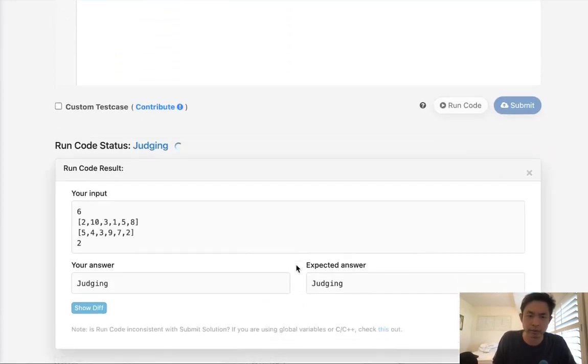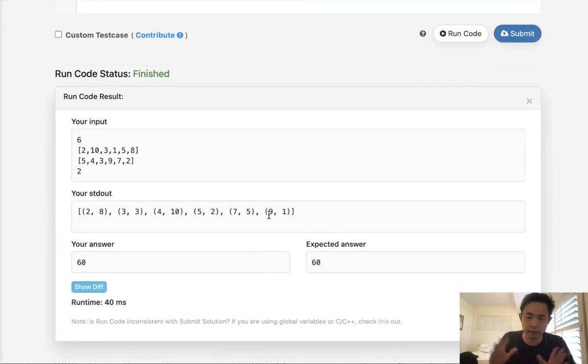We can do a greedy approach here because we already know that we want to maximize our speeds. As we go down the list, why don't we just add to our heap whatever the top speed is and pop it off if it's greater than k, and we'll just go down the list here in a greedy fashion. At 9, we'll add 1 to our heap, and at 7, we'll add 5. At 5 here, we'll add 2, and if at any point we find that our heap is greater than k, we'll pop it off. And that way, each time we calculate this, it's going to have the maximum number of